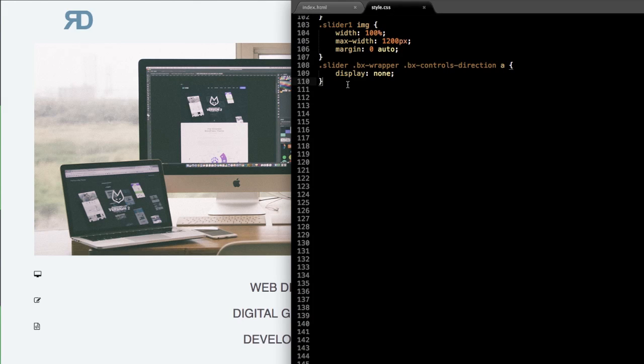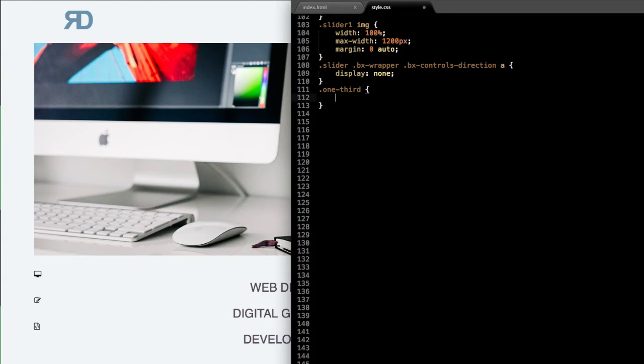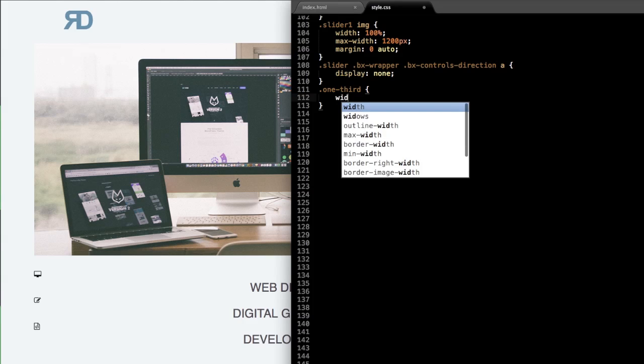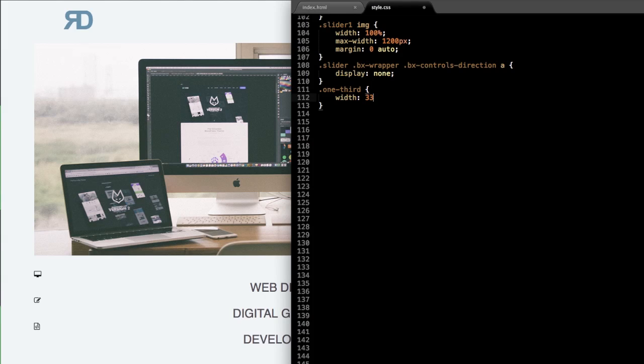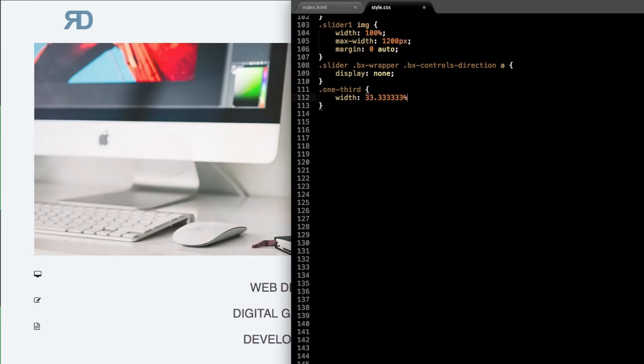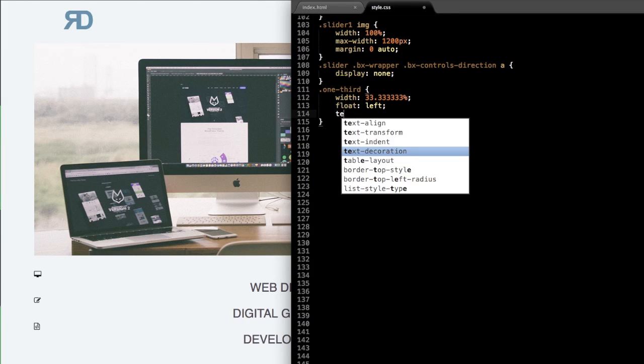So we'll just reference that with .1-third, open and close the brackets, and then give it a width of 33.333 and so on percent. So it's going to be exactly 1/3 of the page with 0 margin and 0 padding around it. Okay, and then drop down underneath that, and we'll tell them to float to the left side of the screen, and then text-align justify,